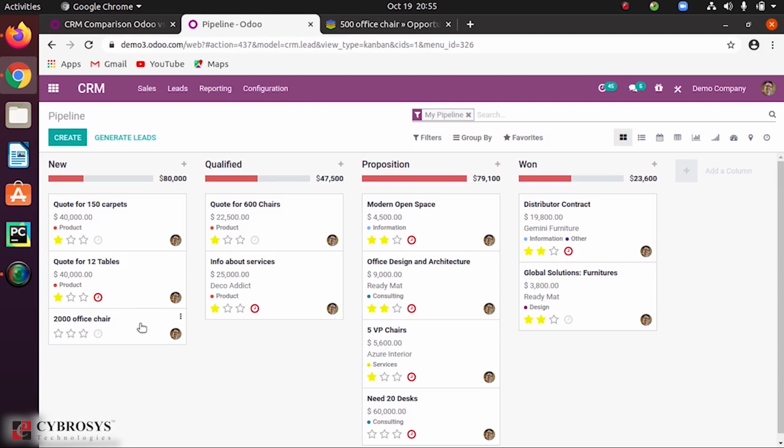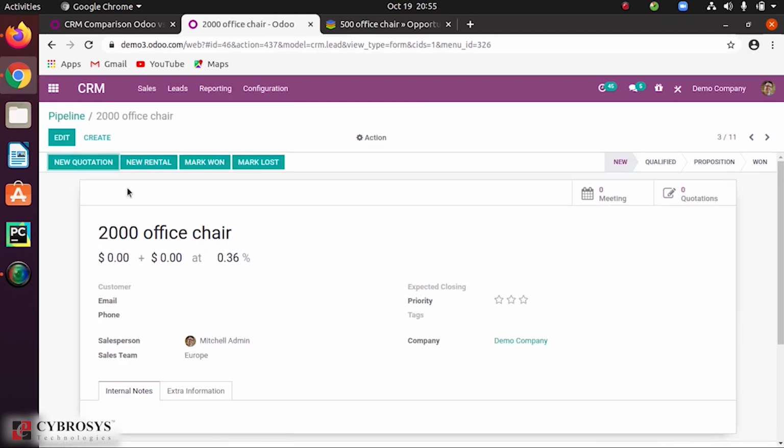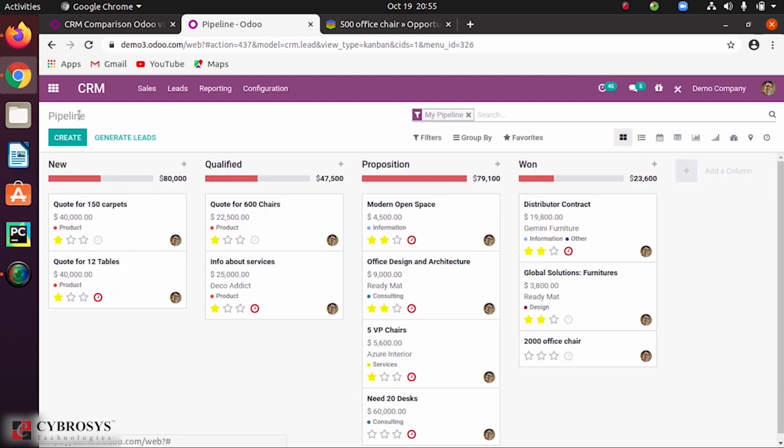So here you can see in case of Odoo it is very simple. You can mark it as new quotation or you can mark it as won. So once you mark it as won, automatically it will move into the won stage. And similarly you can move this to different pipeline stages also, or you can just drag and drop. You have these options, and automatically you can see that when I have moved the stage inside the opportunity itself, it is moved into the stage called won. If you also provided the revenue, the corresponding changes would be shown over here.